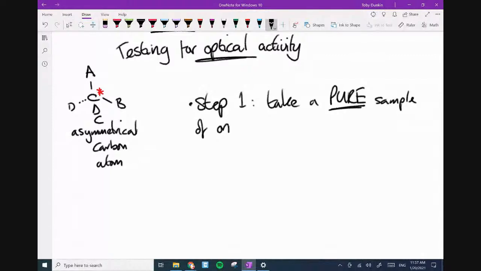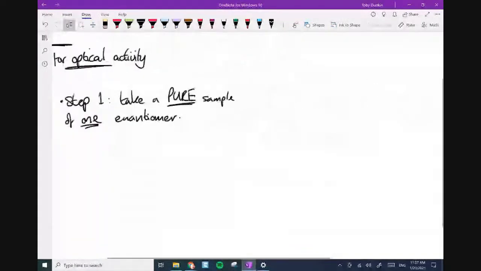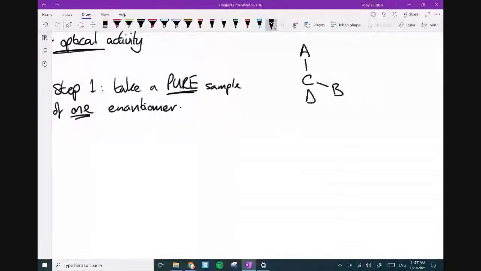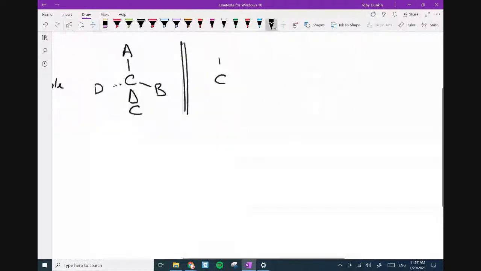I'm going to explain that a little bit more. We now know that there are 2 versions of this drug. We've got A, B, C, and D. But we now know that there's another one, a mirror image, and we need to be able to draw it. A goes up again, the wedge goes forward again, but now the B and the D need to be switched as a mirror image. Now these are called enantiomers,